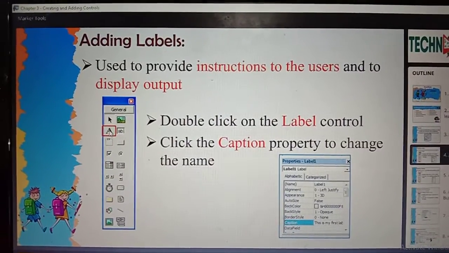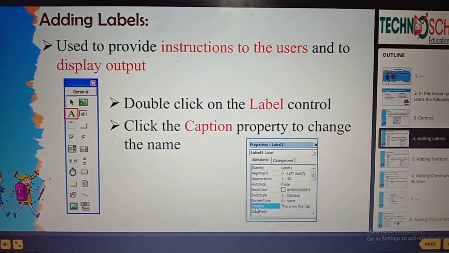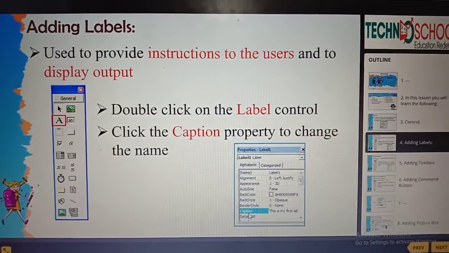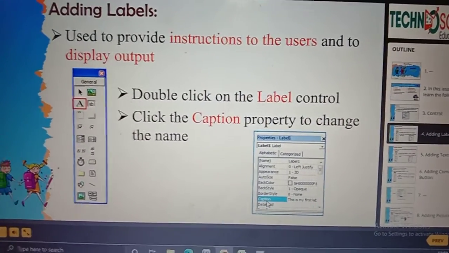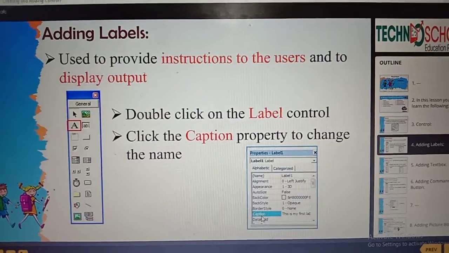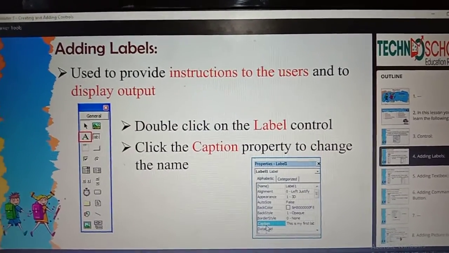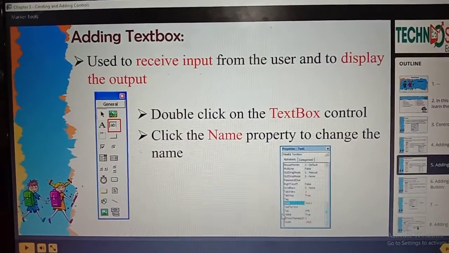Double click on the label control and click on the caption property. There you need to change your name. Based upon your interest, you can change the caption property. So adding a label mainly helps us to give instructions to the user.